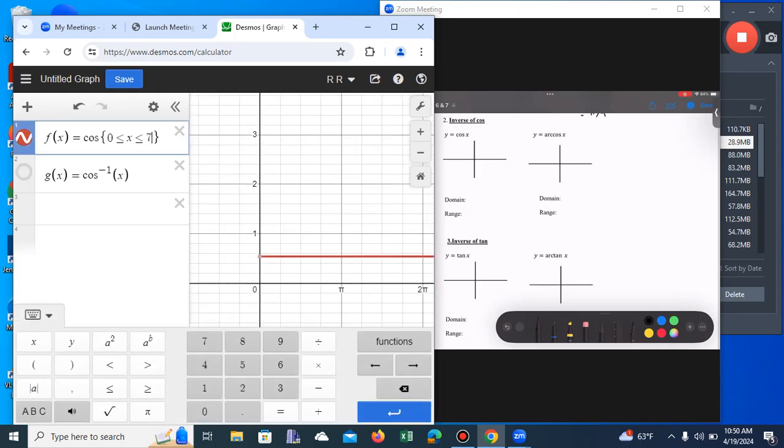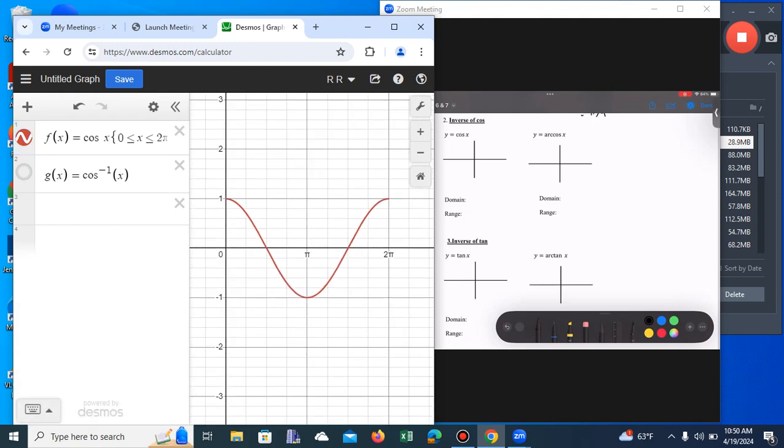It wants it in terms of pi, I forgot. So let's do pi. I see what's going on. Okay. So this is your